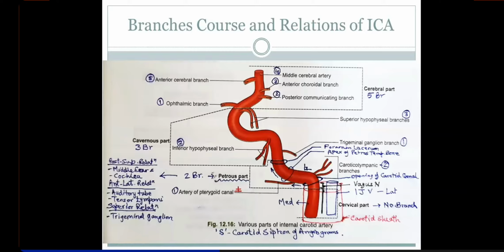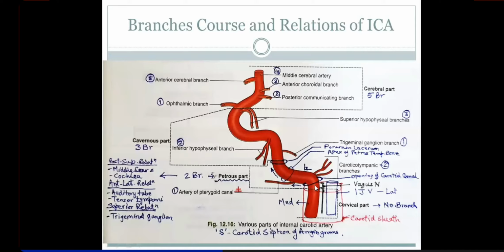Vagus also is coming. You remember the jugular foramen, I told you in the morning, had 3 parts: anterior, middle, and posterior, and through the middle portion of the jugular foramen there were 3 nerves, the 9th, 10th, and 11th cranial nerves, descending through the jugular foramen. So the vagus, of course, and the 9th, 10th, and 11th will all be emerging out. They will soon exit from the carotid sheath in its upper portion, but the vagus will descend posteriorly, in between and behind these 2 vessels, right? Okay, so this was the cervical portion.